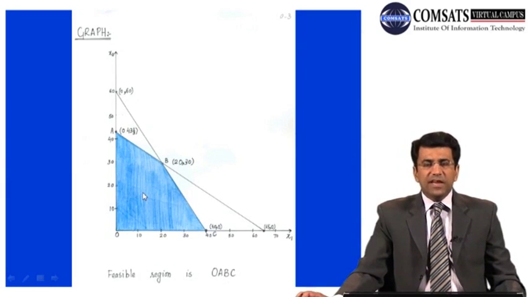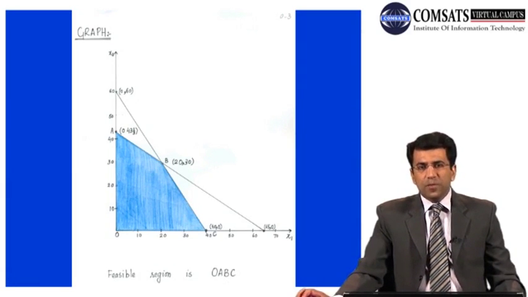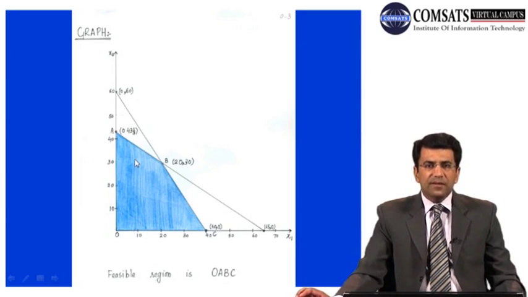Now feasible region means we can operate at any particular point within this feasible region. We can operate at this particular point. If we operate at this point, the value of x1 will be this, and the value of x2 will be this. Similarly, we can operate at this other point, and accordingly we can get some relevant value of our profit. But what are we interested in? We are interested in maximization of the profit. We are interested in those values of x1 and x2 which can maximize our profit.